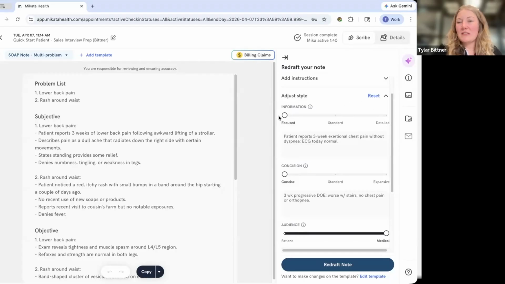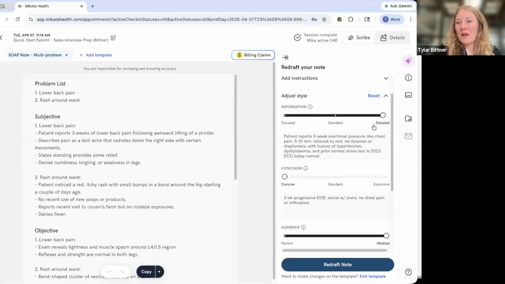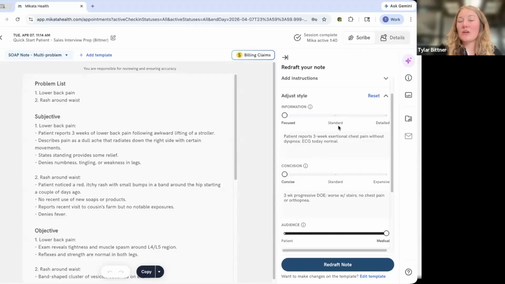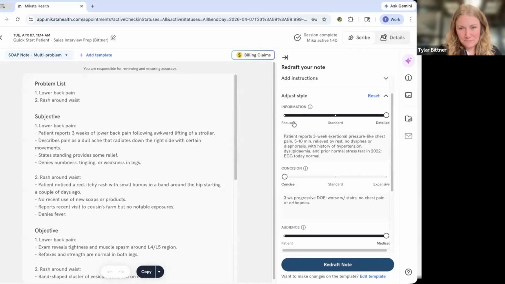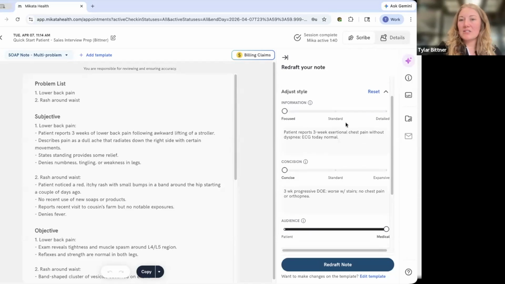With each of these new criteria, you'll see the sliding scale here, and you have the ability to click through. When you're using this, I do recommend clicking on the word. It's a little bit more user-friendly than trying to drag and drop. So in today's session, we'll go through each of these 4 criteria and also the examples associated. Afterwards, I'm going to redraft this note once with some manipulated data here.